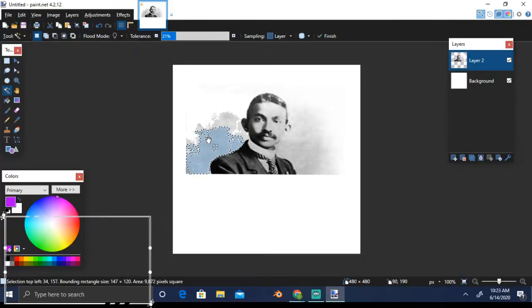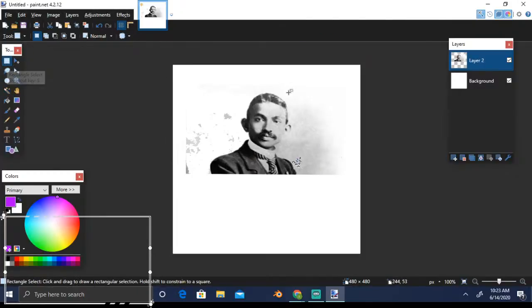Here you can see, right, since the background color and his face color and all the stuff were similar, it is selecting a lot of things. So here you'll have to use your imagination, or you can use some other tool. Let's say let me select this square tool and delete it. Okay, and the same thing I can do over here, delete it. There's some portion here. Let me use lasso.